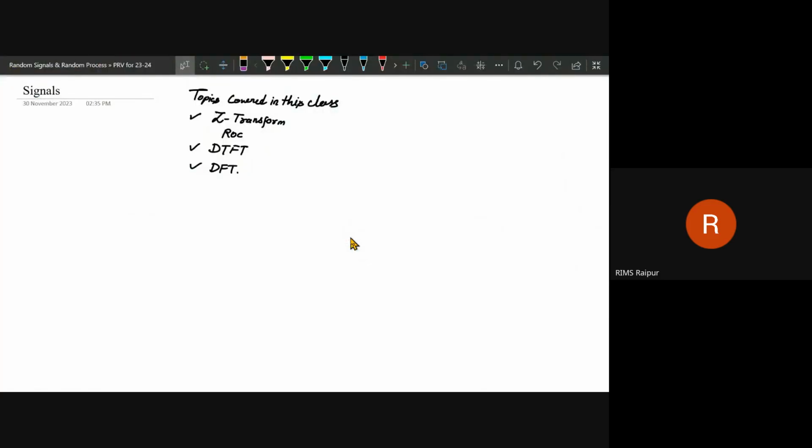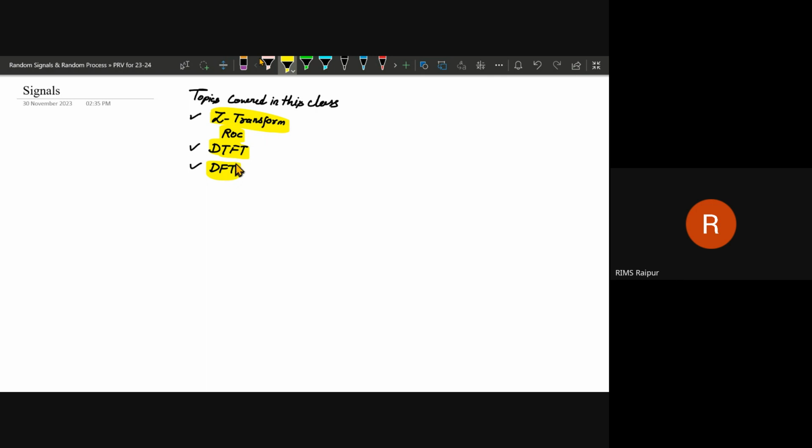Okay, so in today's class, we are going to cover some transformation techniques, that is Z-transform. We will discuss the Z-transform for some standard signals like unit step sequence and impulse sequence. Also, we will discuss the ROC. What is ROC and what are the ROC for different sequences? Next, we will discuss the DTFT, that is discrete time Fourier transform, and next is DFT, that is discrete Fourier